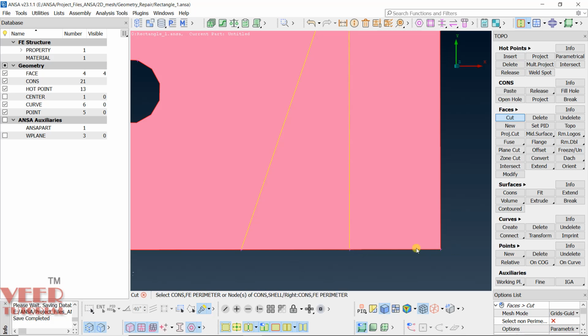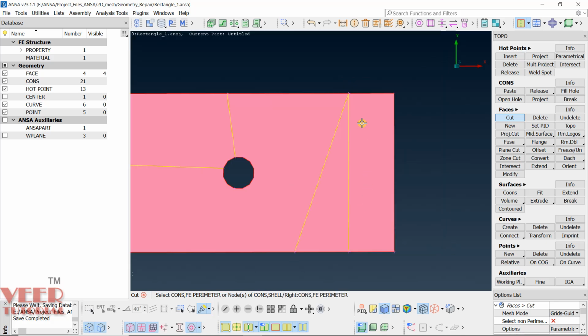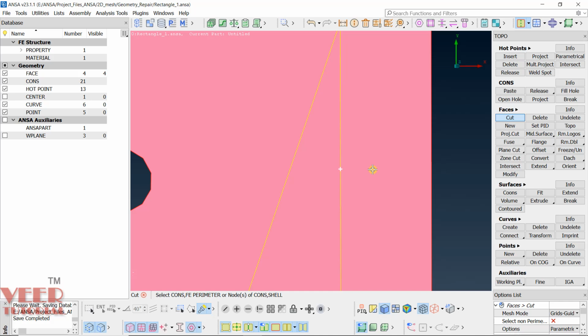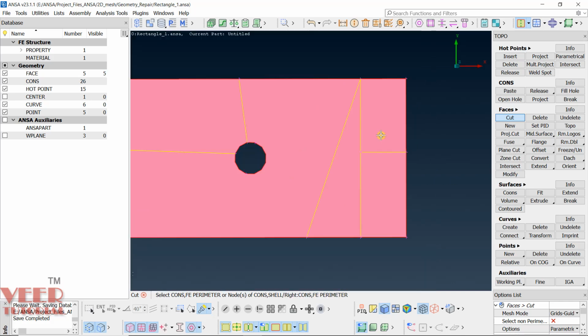Click here, and now you can see a proper straight line. Similarly, let's do this again. I click on this point and take the mouse here. Drag the mouse, and at this location the right angle is highlighting, so it is a proper straight line. Click here. In this way the cut option is used.